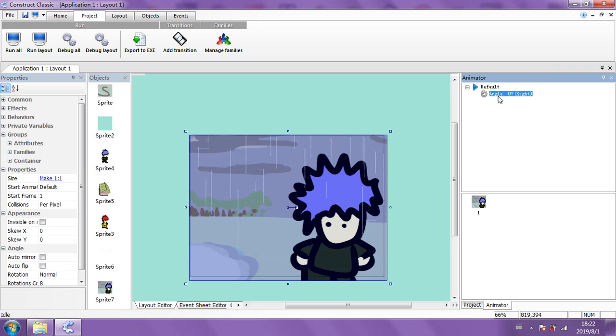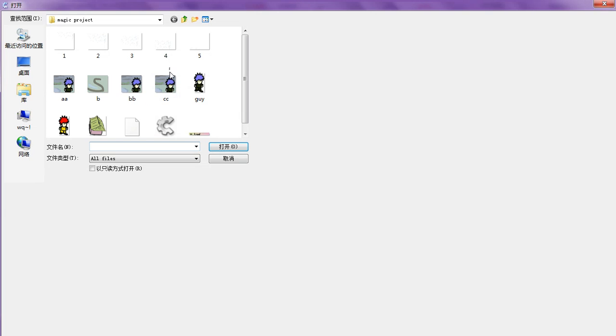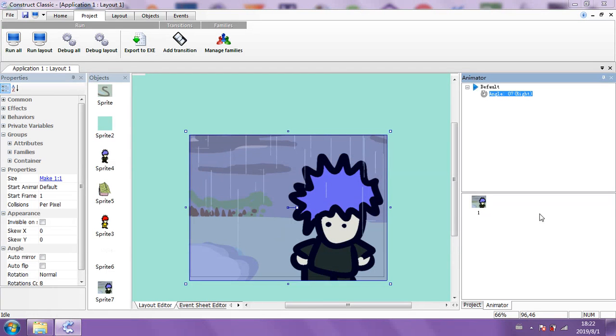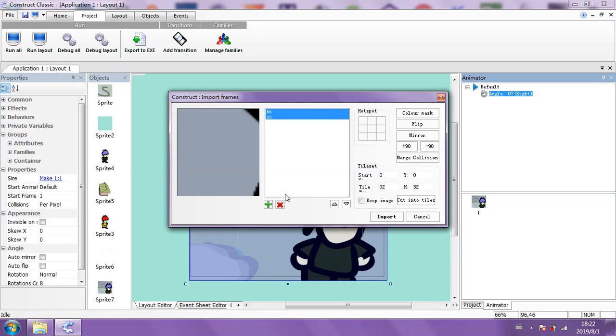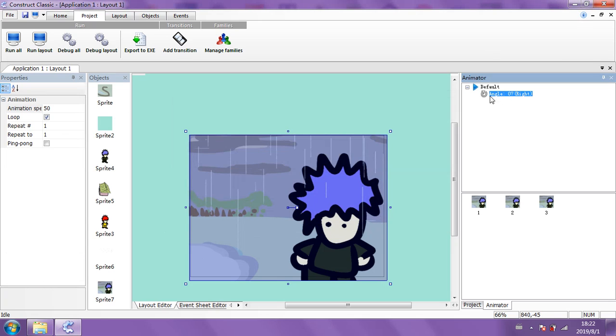And we're going to go here. I'm going to right click and go import frames. We've got 2 more frames. I only made 3 for this one, but I'm going to bring those in. Then I'm going to click import. When this thing comes up again, you need to do that. Okay, go to OK here. Again, click up to the top where it says angle, and change the speed from 50 to something else. I'll keep it 6 or whatever for this one.